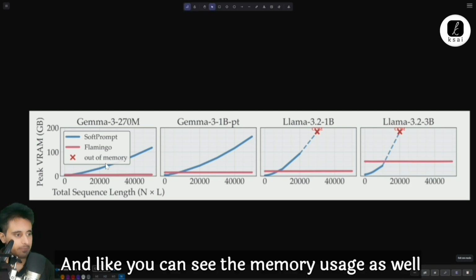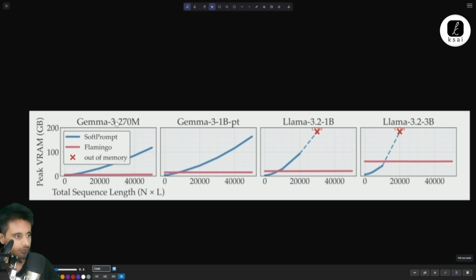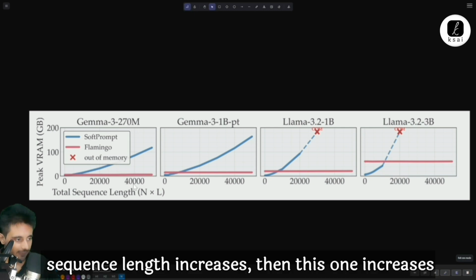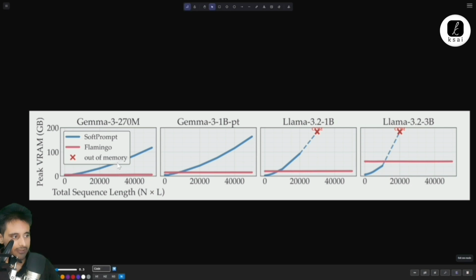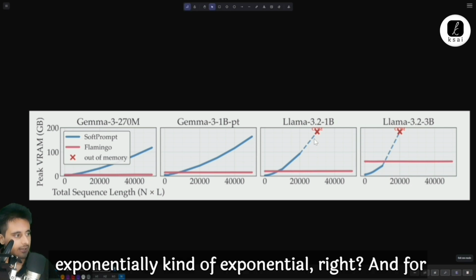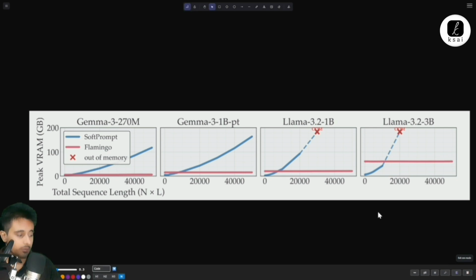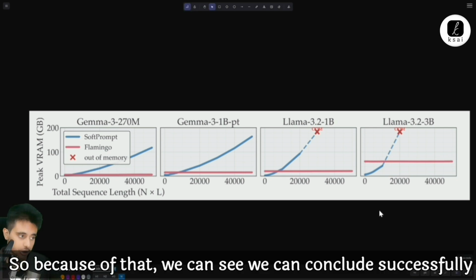And you can see the memory usage as well for Gemma 3, 270 million. In soft prompt, if the sequence length increases, then memory usage increases exponentially, kind of exponential, right? And for Llama and other models, it does not work basically. So because of that, we can conclude successfully